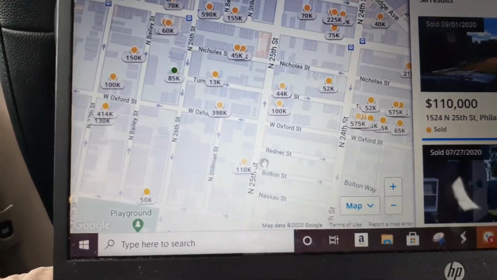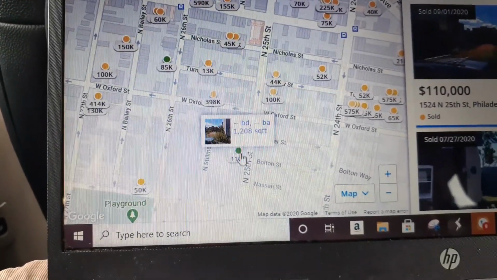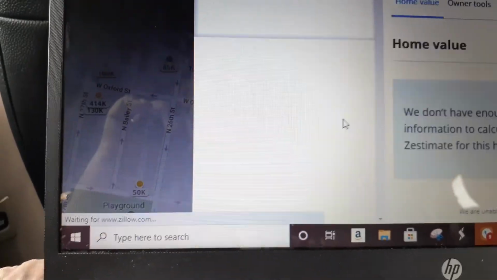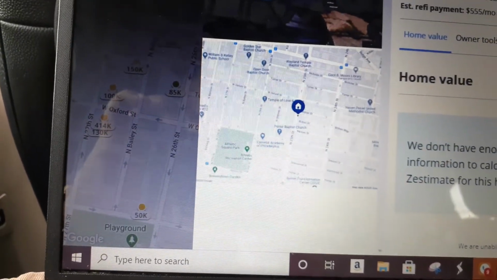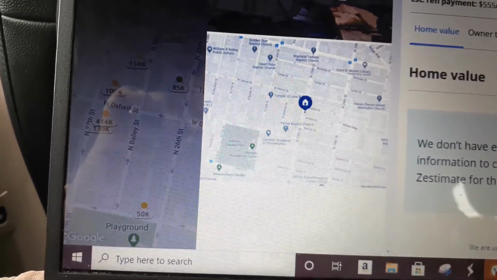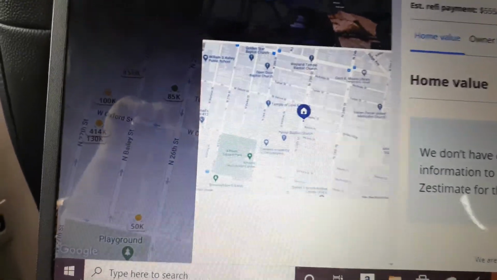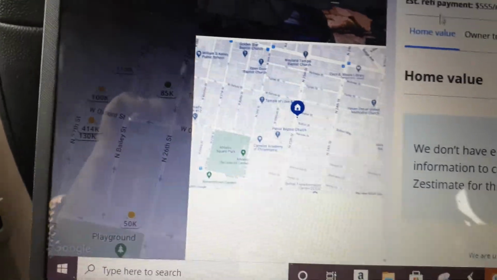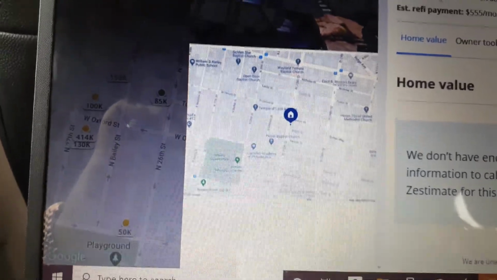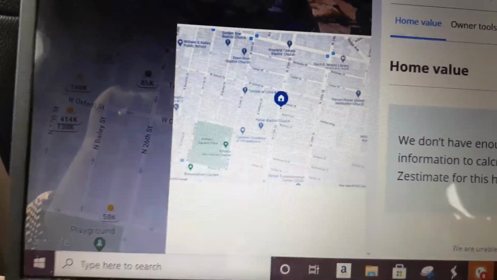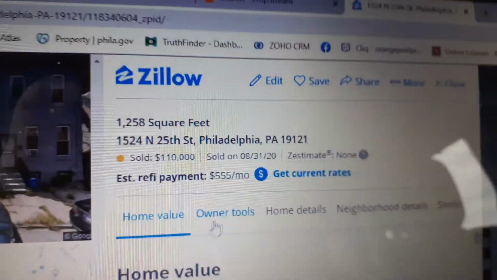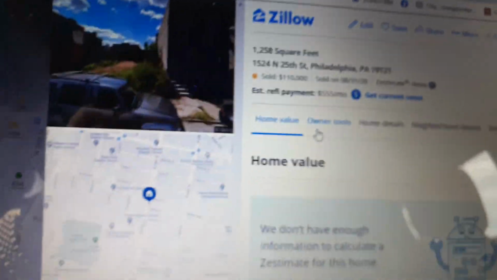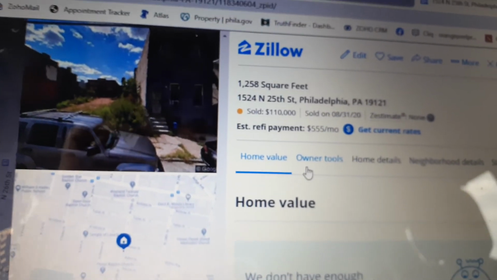All right, here goes one. Look, this is 25th Street. I found something for $110. This is around the same size. My lot is 1261. This is 1258. It's good. This sold for $110 in August of 2020. So my guy's at 99, so his price ain't bad. Remember, I'm getting it for